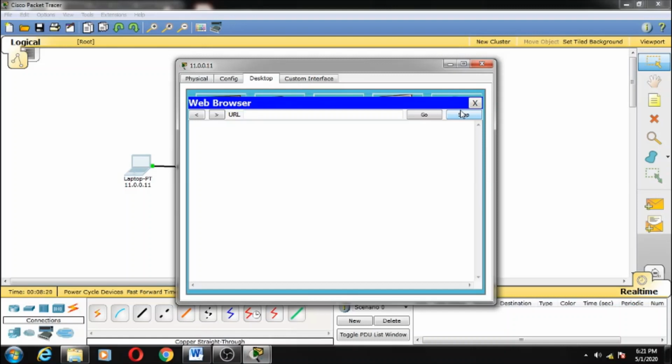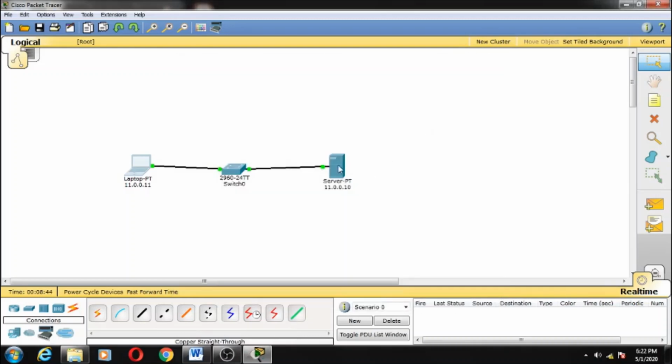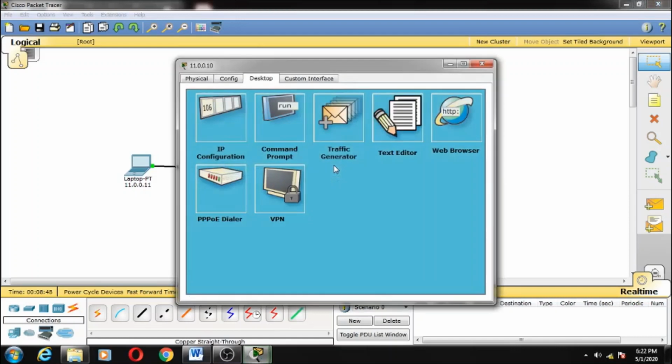Now the domain name server is the phone book of the internet, and we humans generally access information online through domain names only. So let's try to write some address like mywebsite.com and let's press go. We see that it doesn't give any result. It is because the server is still not configured.